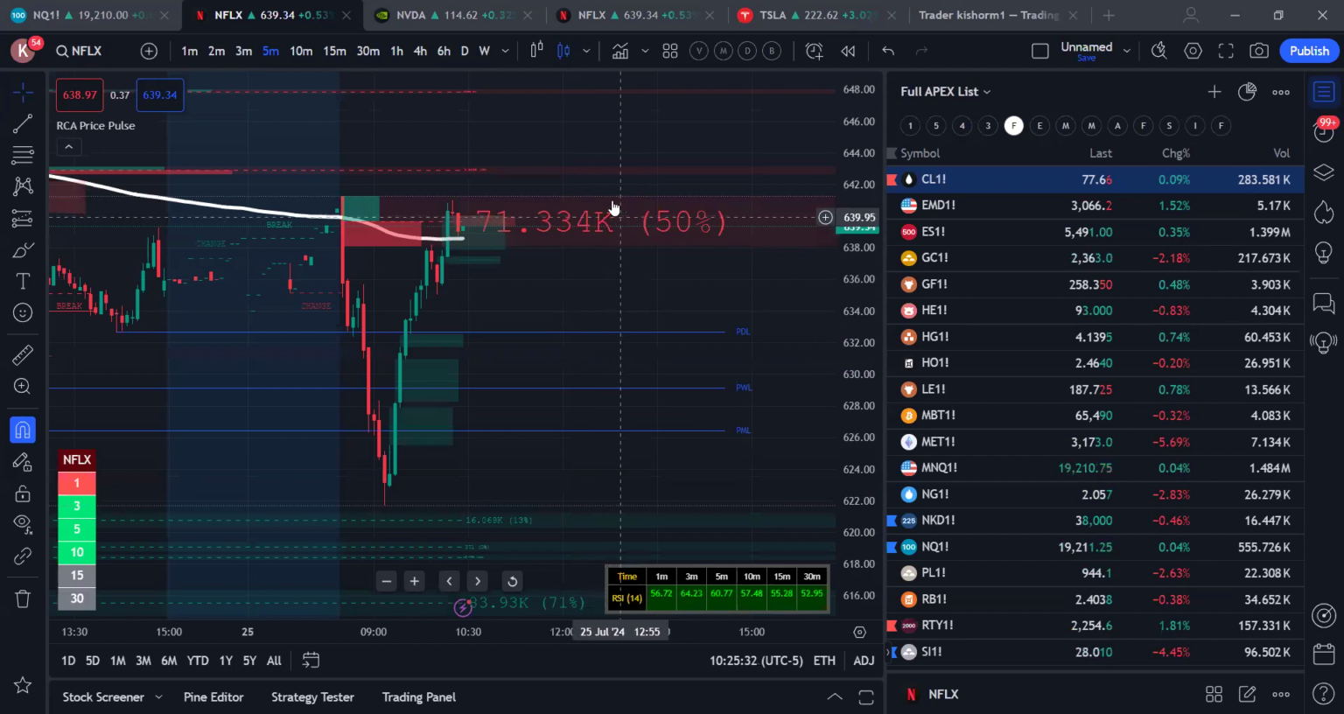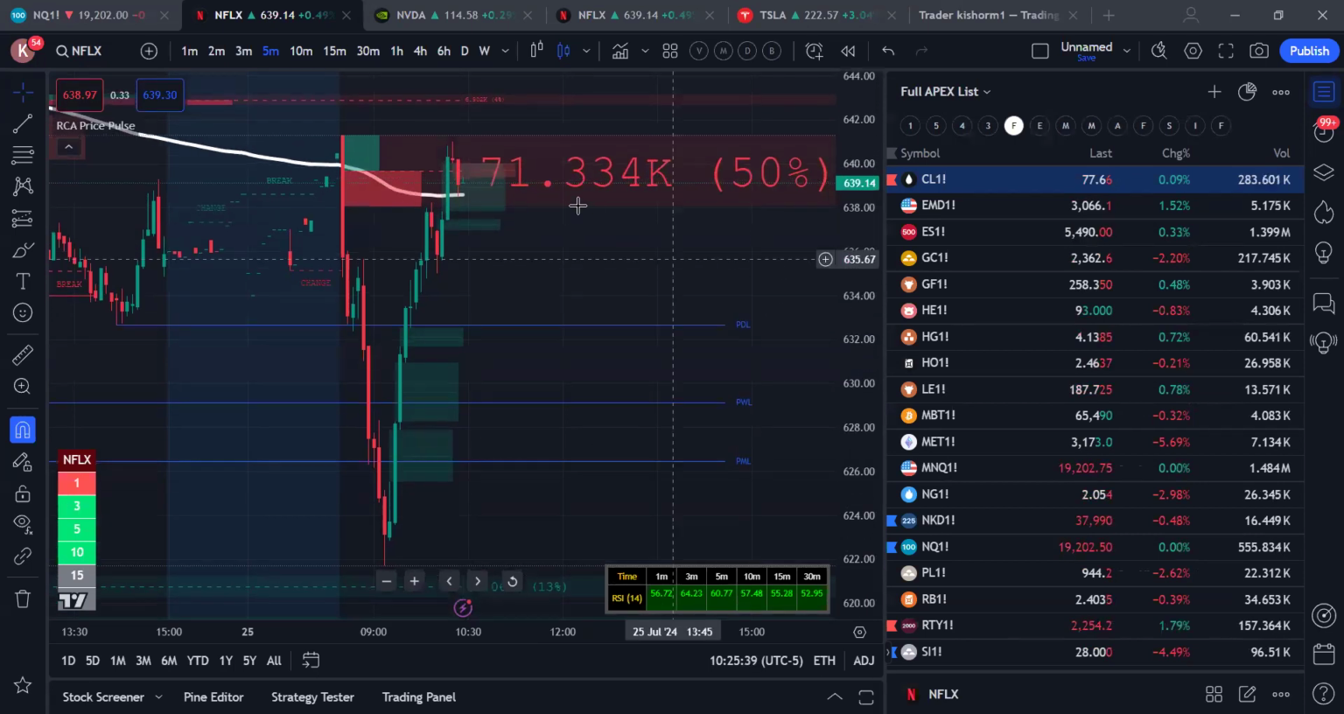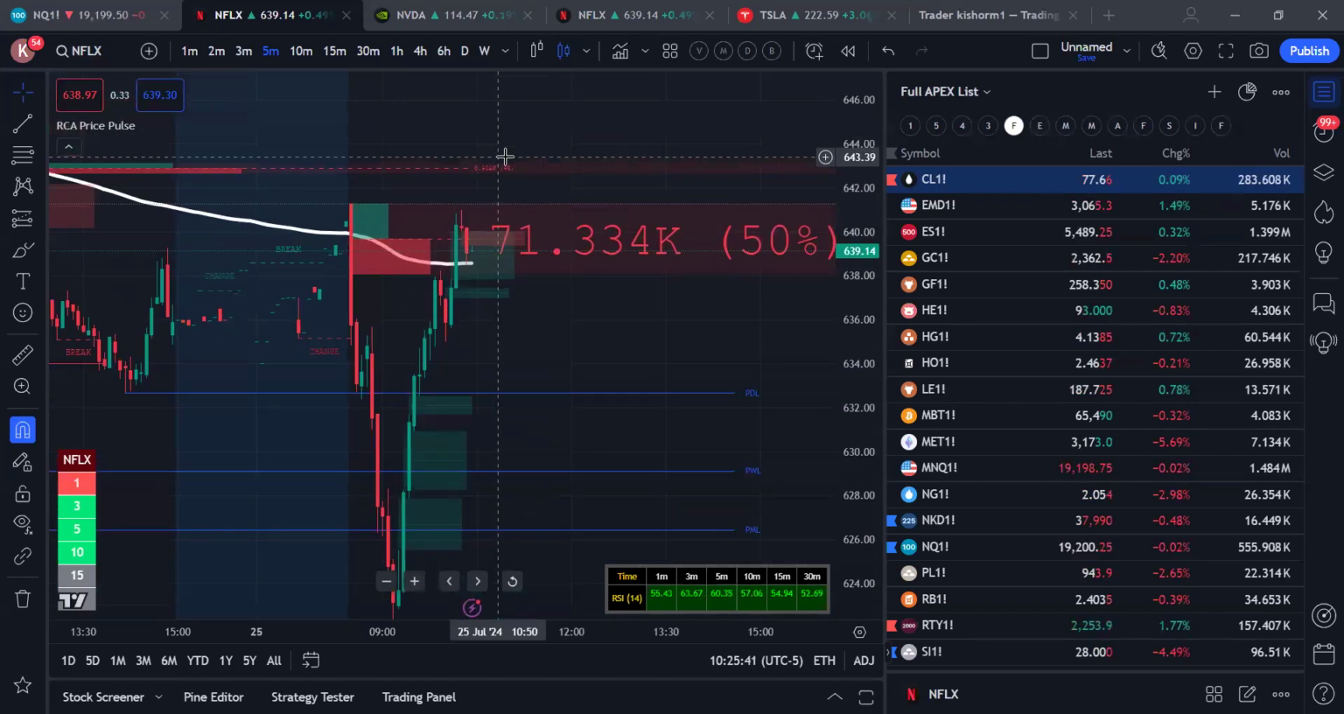You have a 71,000 sell order block here. So there is a high possibility for a drop on Netflix also. There is nearly 7,000. So what you can do is, instead of buying puts,